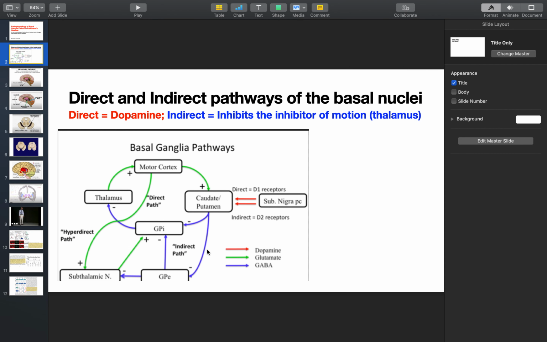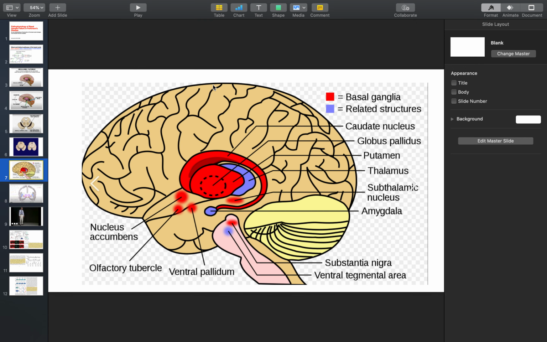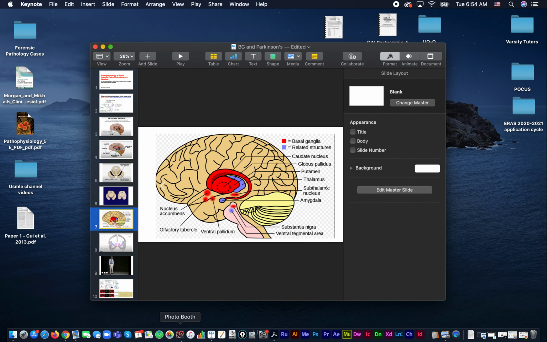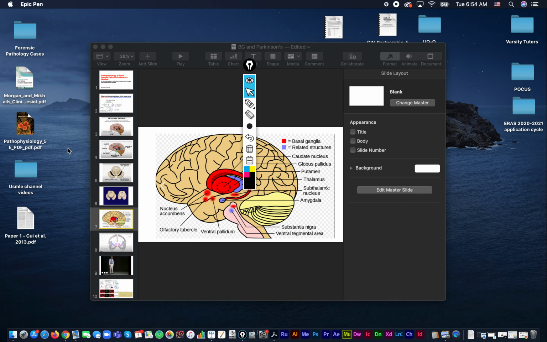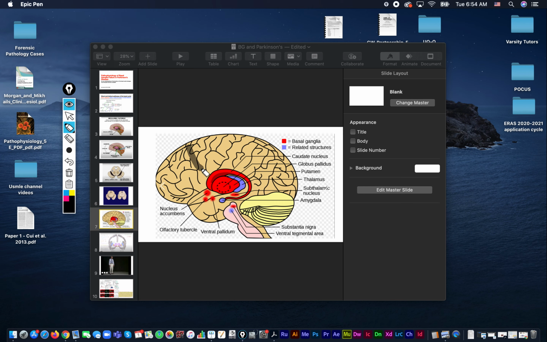The indirect pathway simply causes less movement or undesired movement. So first of all, before we look at this, I'm just going to draw something in here. The basic motor function of the basal ganglia, as we know it, is that your lower motor neurons from your prefrontal cortex, decision-making center, they first consult the basal ganglia. So it's the prefrontal decision area, somewhere around here. They first consult the basal ganglia,